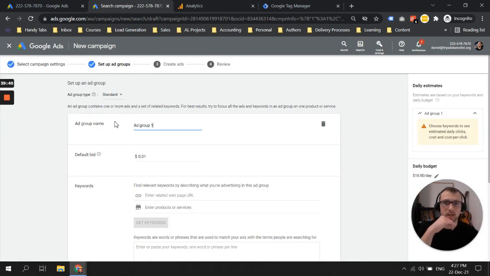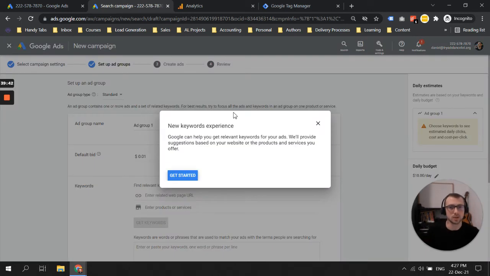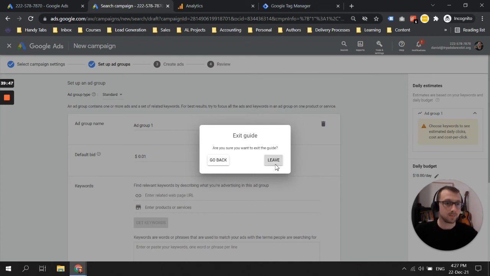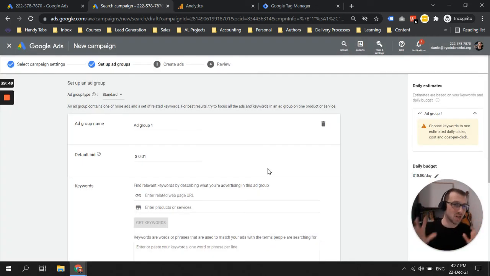So ad group, name it according to the keyword. Best practice is not to have multiple keywords, like around 20 different keywords, in one ad group, because you want to have your ads very specific to the keywords. So if your keyword is dentist near me,